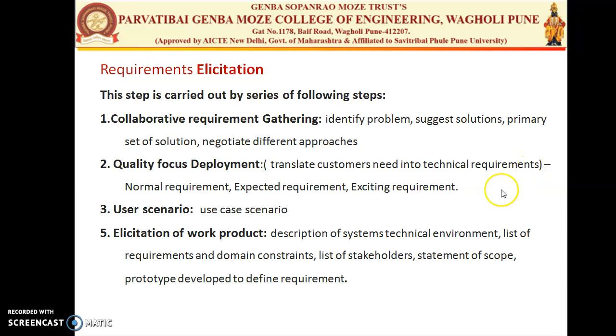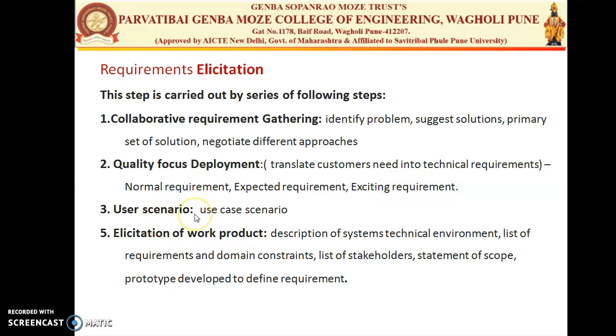Sometimes we get a top up or some scratch code additionally. If you take the example of Google Pay, when you are transferring money to another person, you actually get a scratch card. Sometimes it is best luck, sometimes not. If you get some rupees, some extra bonus or top up from that particular transaction, then that can be an exciting requirement, which is not in the normal requirement list but developed by the developers to excite the users. So that we call the exciting requirements.